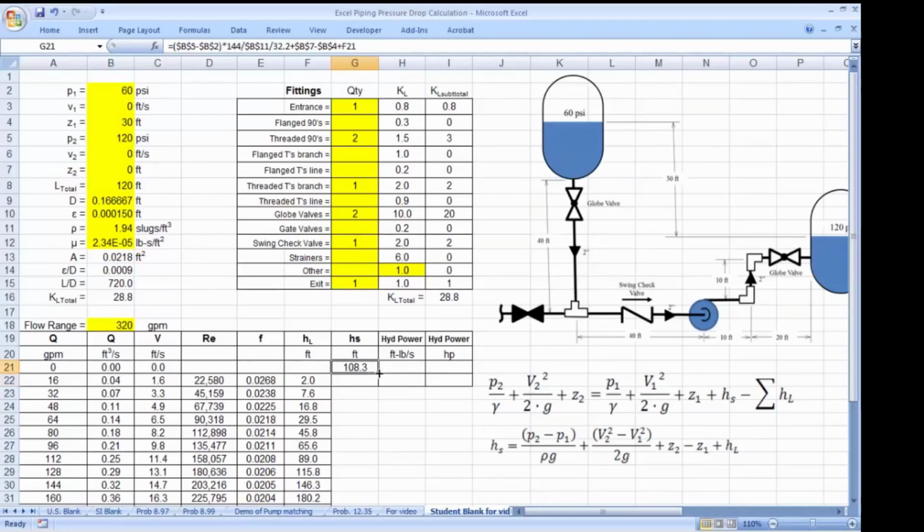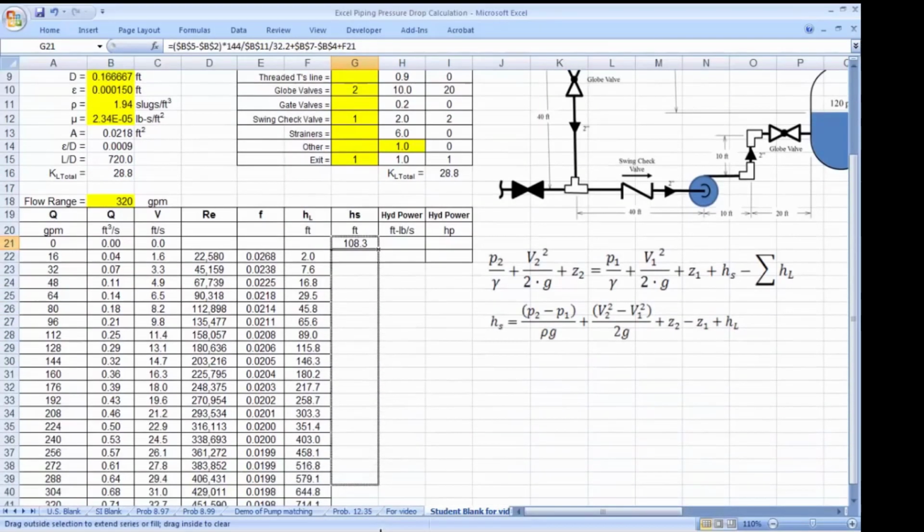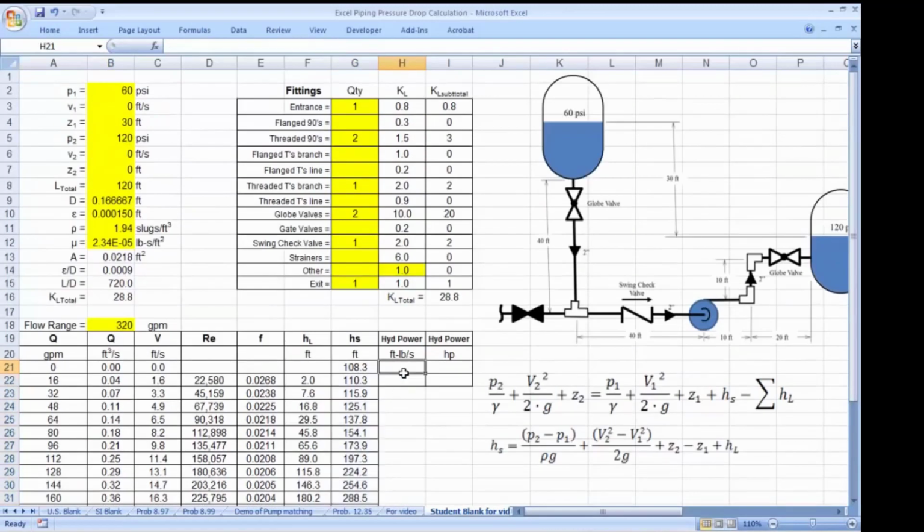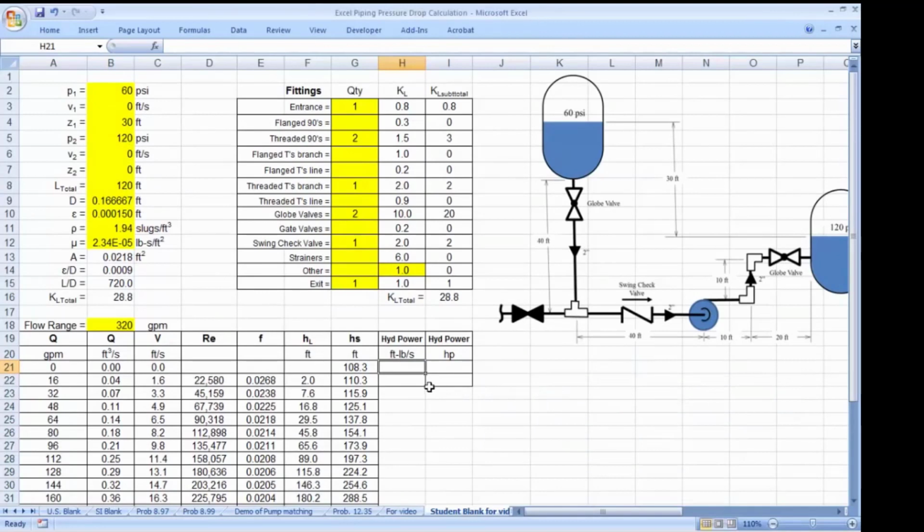Now I'm going to drag this down, and I'm going to double check my numbers, and that looks like what I got previously, so it appears to be good. Now finally, what I want to do is find power, because that's often what I want to know. Now the power is going to be equal to the HS, the pump head,